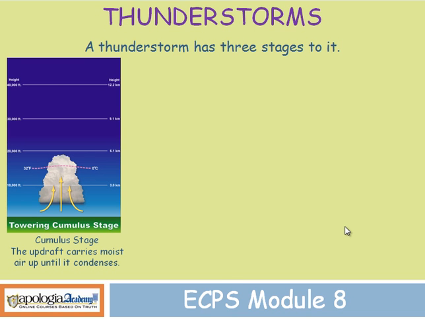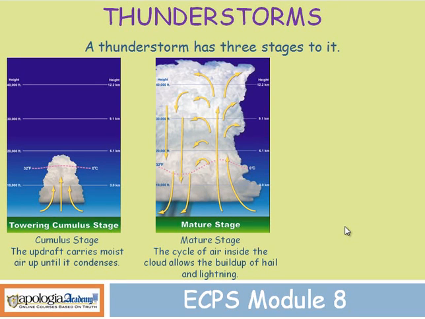The second stage of a thunderstorm is where the cloud has pretty much formed, the cumulonimbus cloud. It's what we call the mature stage. What happens inside a mature stage cumulonimbus cloud is that we have a complete cycle of air. We'll have an updraft followed by a downdraft. And somewhere inside the cloud will be a boundary line where we have the freezing point of water. As the moisture rises, it freezes into that crystal,